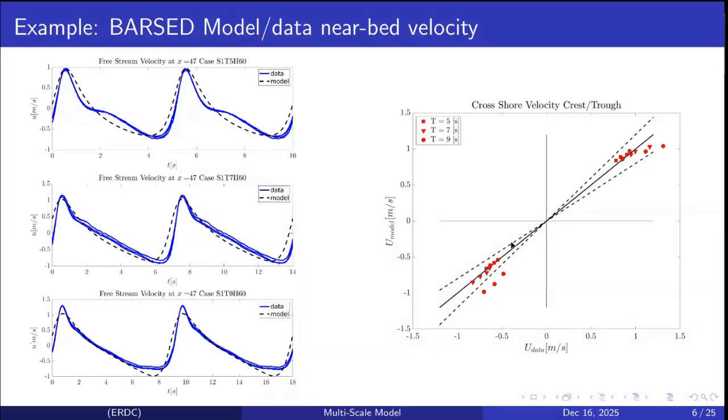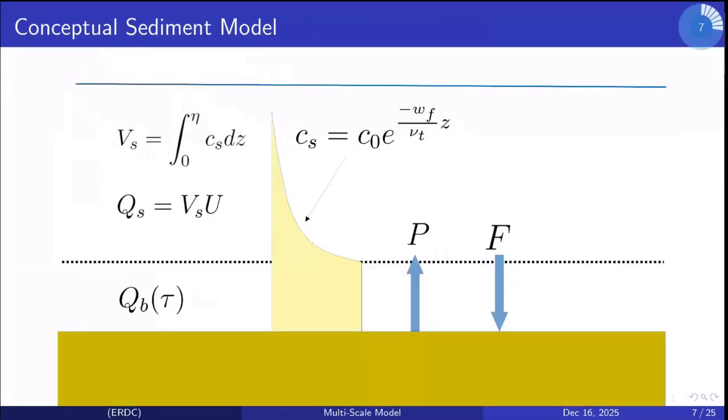The values for the lowest frequency wave, the 9-second waves, aren't as good in the trough as they are for the 5 and the 7-second wave. But all in all, they're probably reasonably well predicted here. So this is the empirical procedure we use to move from the phase-averaged world into the phase-resolved one. And while they're not perfect, they're probably suitably accurate for the next steps, which is to start thinking about